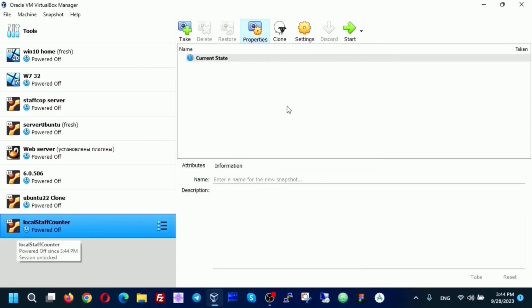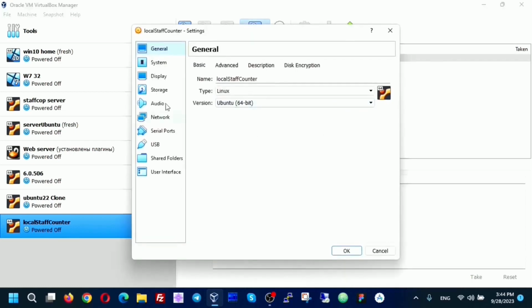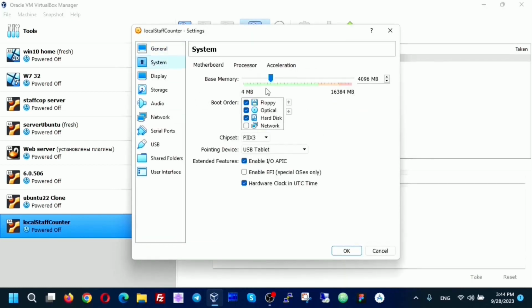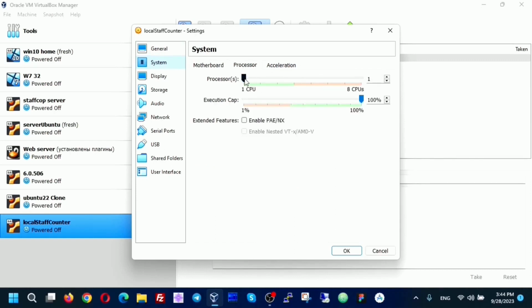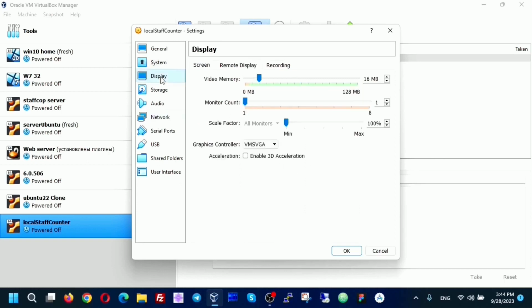Now I have a new virtual machine. I open its settings, leave the RAM memory unchanged. The processor. My computer has a quad-core processor, and I provide its 4 cores to the virtual machine. I think it will not use all 4 cores, but just in case I will give them. The display. Since the machine will be without a graphical interface, it will not need many megabytes for video memory, so I leave only 16 megabytes.